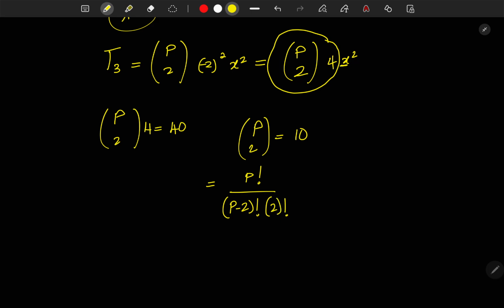You remember this one, right? Exactly. This is what we get. But this will keep on decreasing by 1 and so forth. You get the concept, right? This is just the same thing as p times p minus 1, over